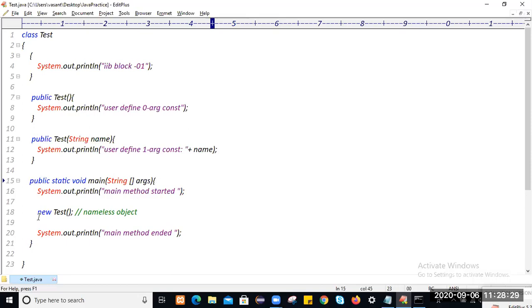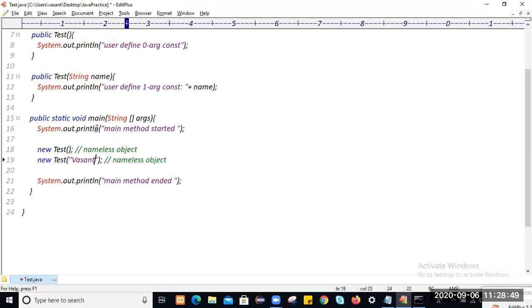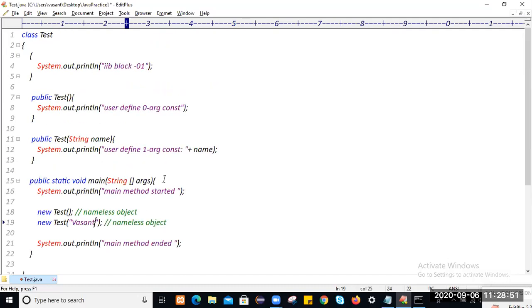Okay, so let me create one more object, a user-defined one-arg object here, which accepts an argument of string type. I will pass buffer. So observe carefully here.